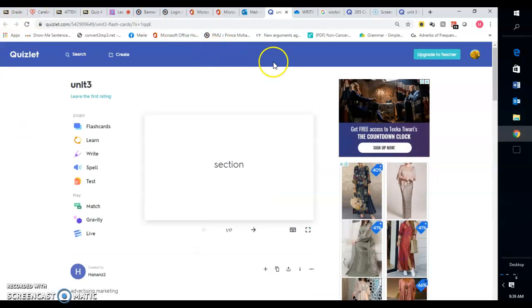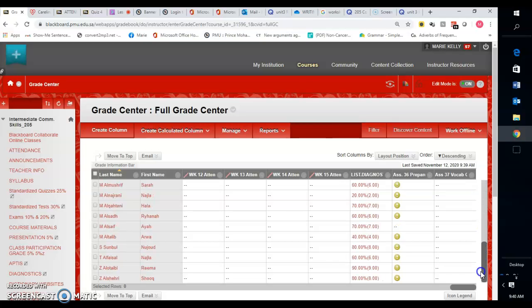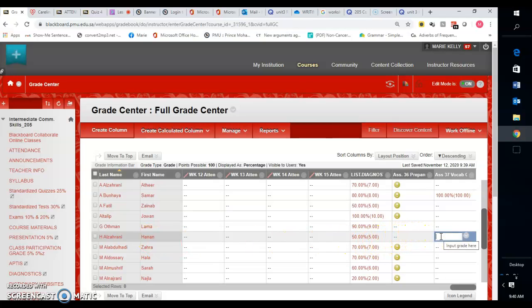And this is my CALM class. So Hanan is in there, but unfortunately I've got a lot of names the same as common writing. But essentially the CALM class is first. So it should be the earliest emails which you go to first. There she is, Hanan Al-Zahrani. I actually had to give a Z in that one. So I come here, I give 80 points, and then I'll enter